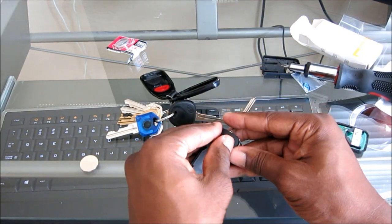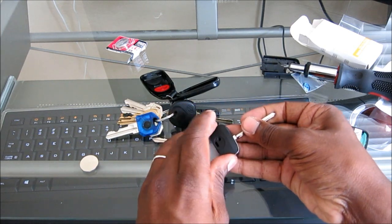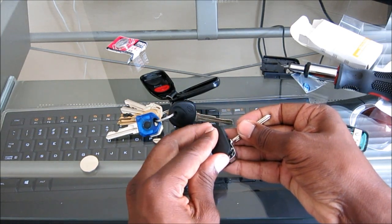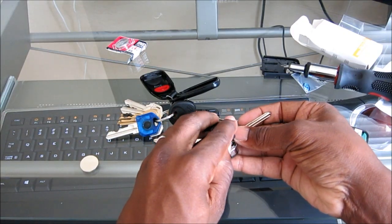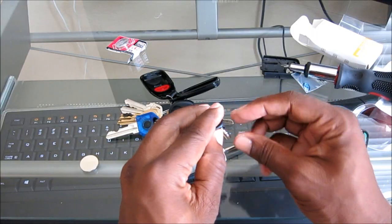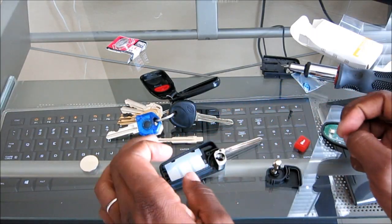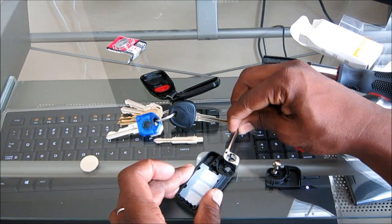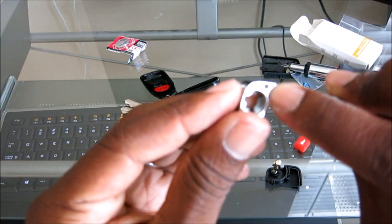Okay. There's going to be a spring in there, and a little knuckle that goes in there. So we'll try to leave that intact right there. And then here is the actual piece. So like I said, there's a hole right there,